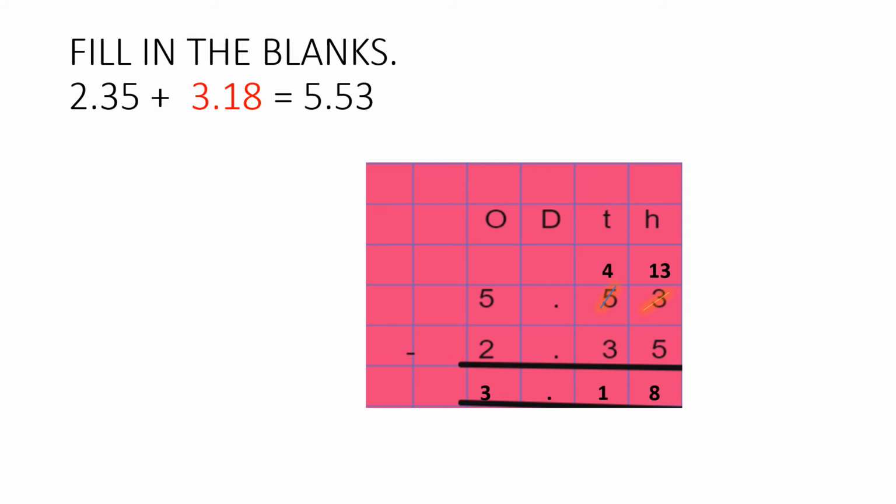Students, in this way, we can find out the blank spaces also. As with ordinary numbers, the same way in decimal numbers also we can find out the blank space, but you have to be very careful. You have to see whether this sign is addition or subtraction. According to this sign only we will do the sum. According to the requirement we will add or we will subtract. Let us see one more example.